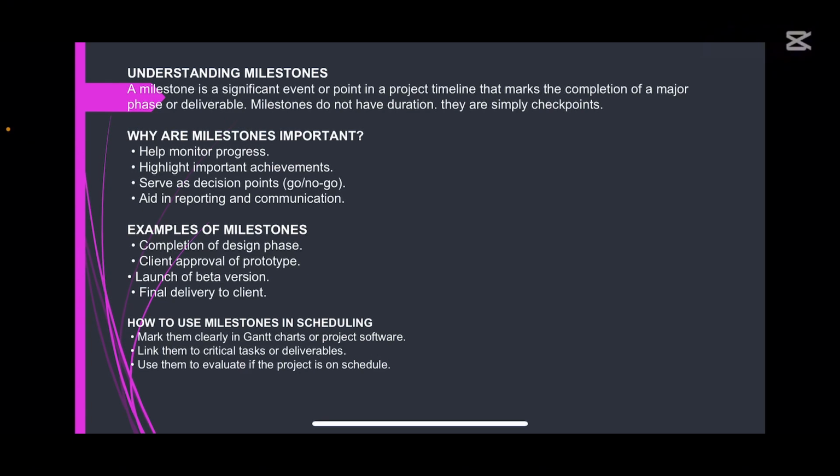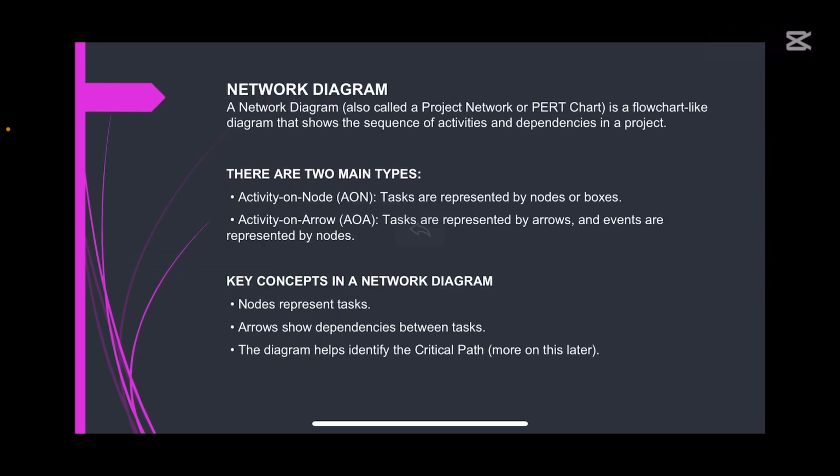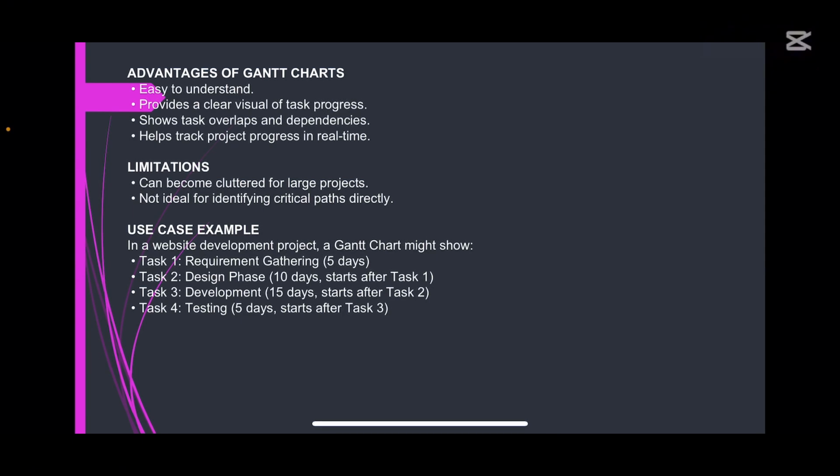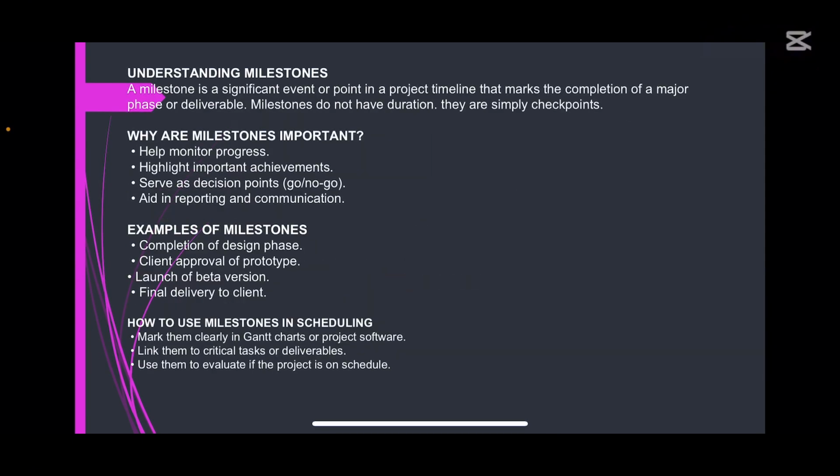Now, if at this design phase your client feels, no, I don't like what you designed, why can't we make it this way? It has saved you the stress of having developed it and your client coming to tell you, no, I don't want this. So the design phase helps in checking. In the definition of milestone, we say they are simply checkpoints. It helps you check along the line and along the stages what you are doing.